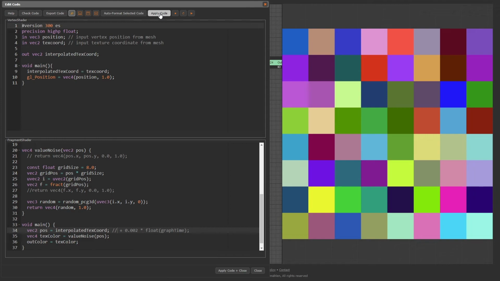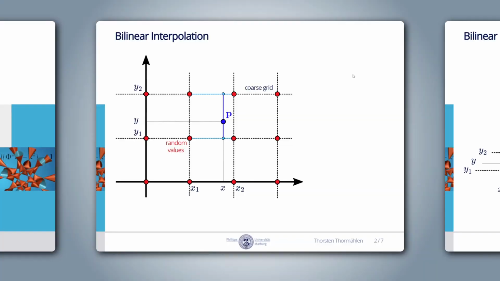One interpolation technique that we already have learned in episode number 6 is the bilinear interpolation. The bilinear interpolation is computed from 4 neighboring values, which are the random colors in our example. The dashed lines represent the coarse grid of our random variables. To compute the interpolated value at the location of the blue point, we first interpolate in x direction using the x position of the blue point within its neighbors. This is done 2 times, for the 2 neighbors at the bottom, resulting in a linear interpolated value at this new point, and for the 2 neighbors at the top, which gives us a result for this new point.